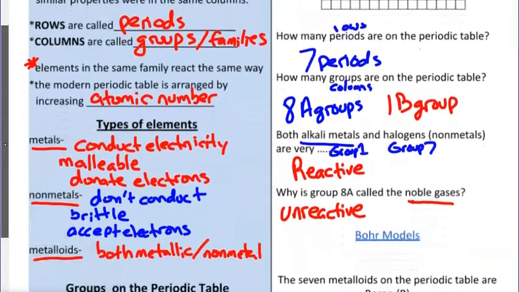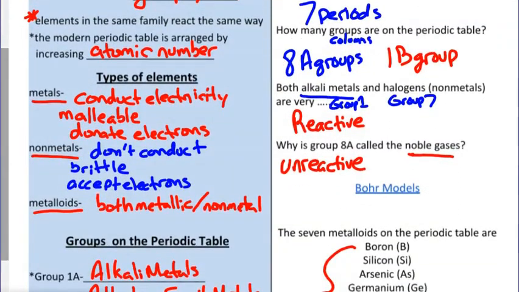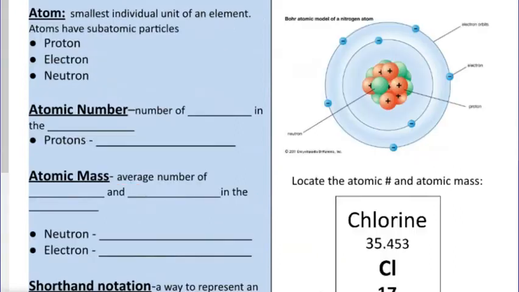All right, so let's finish up the back side of the notes. We're going to talk a little bit more specifically about the atomic structure, right? And so the atom itself is the smallest individual unit of an element, and atoms are made up of subatomic particles, okay? So in terms of the individual atoms, if I had a bar of gold and I broke it down to its atoms, each of those atoms would still have pretty close to the same properties of that bar of